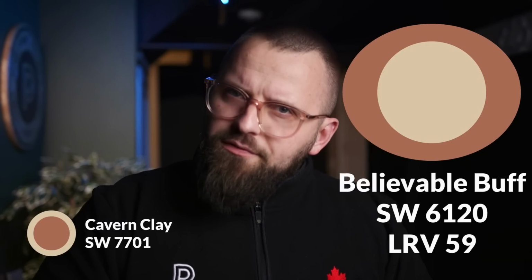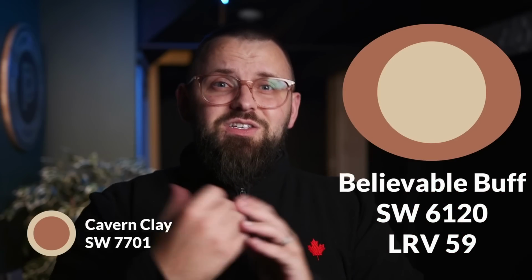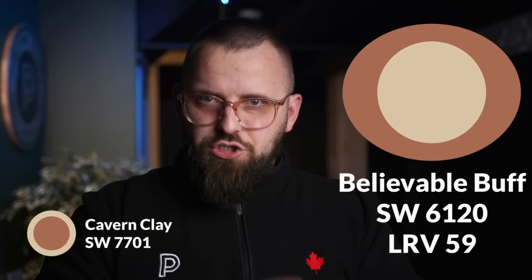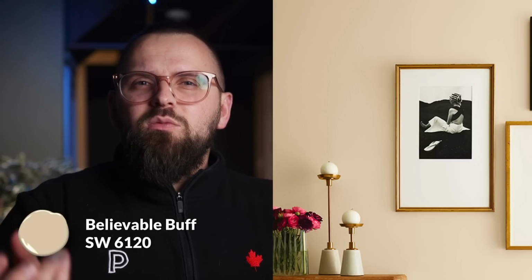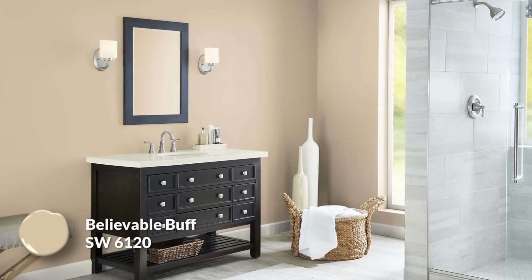The first of my 3 color pairings is Believable Buff. And there's nothing unbelievably extraordinary about it. It's a beige that is described as being wheat tinged. And I just interpret that as having a little more of a gold or ochre touch, I suppose, in the undertones. So ultimately, we're left with another warm color, but this one is quite a bit lighter in comparison, with an